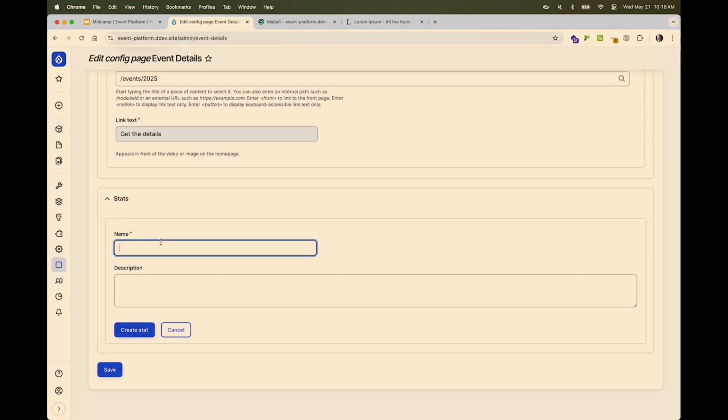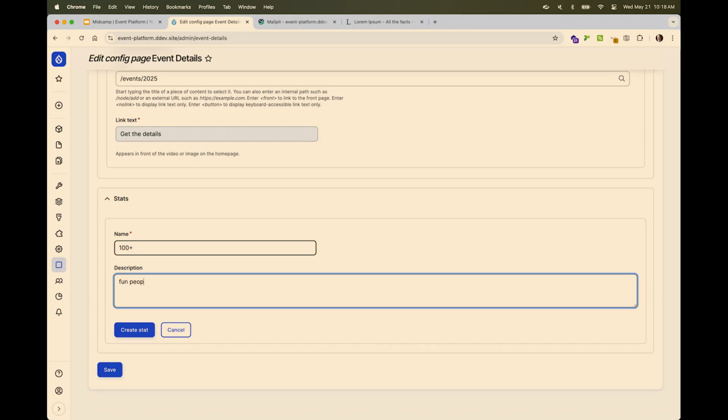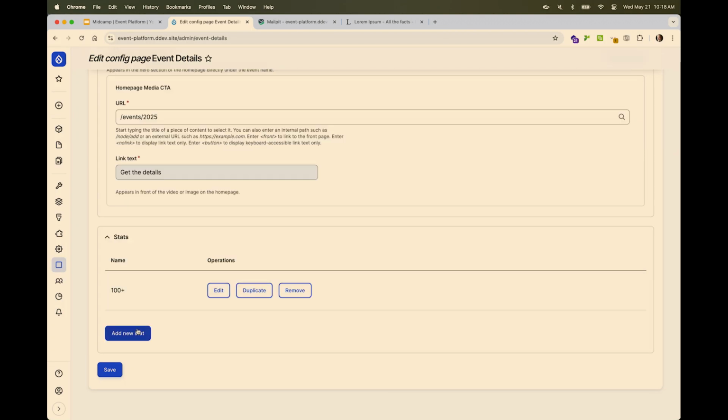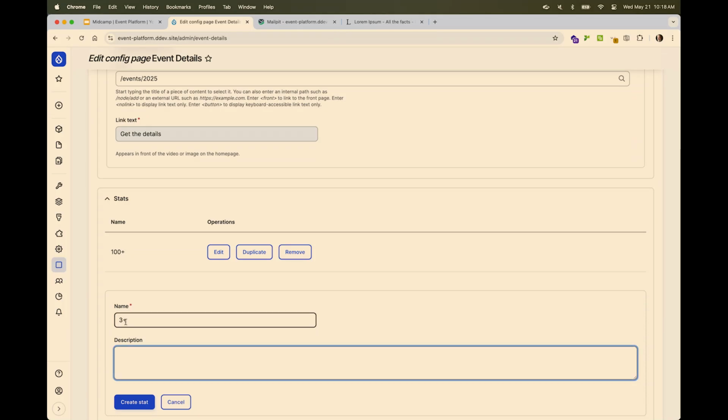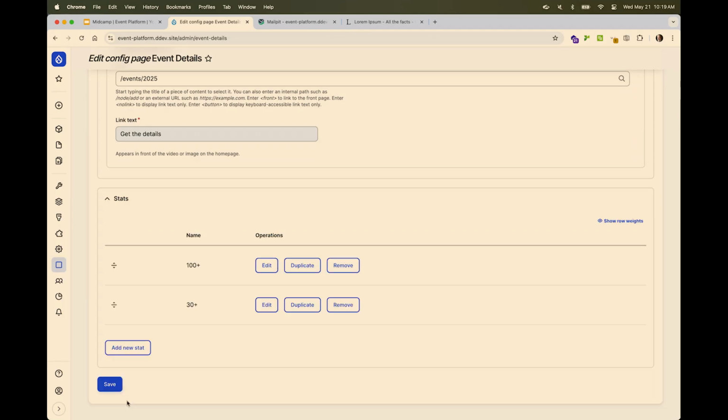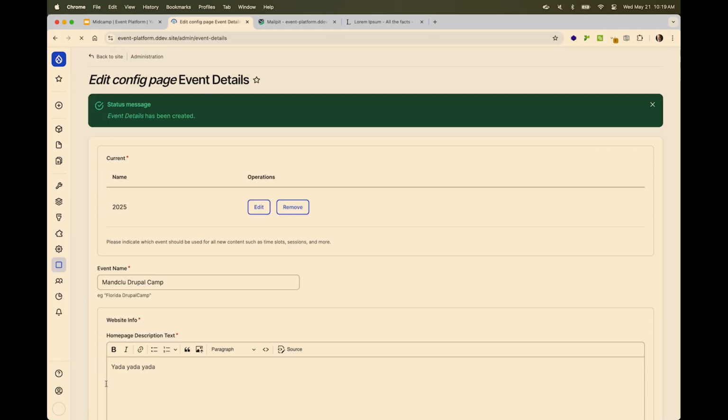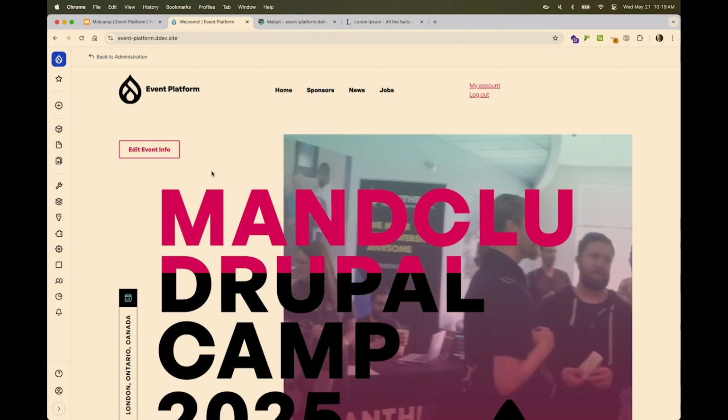So again, this is modeled off of the Drupal Camp 2025 site. So we could say, and maybe we'll add one more, this one to be, create a couple of stats, save that, and now if we go back to the home page, you can see